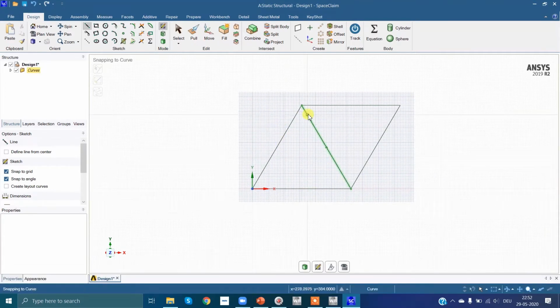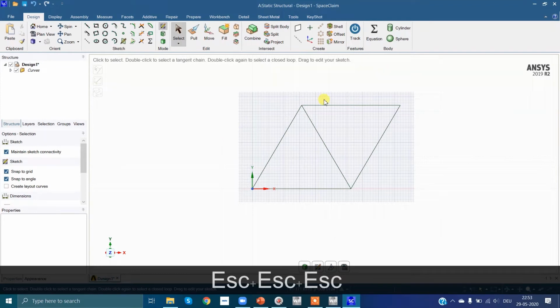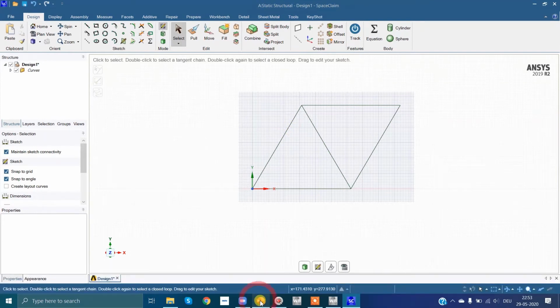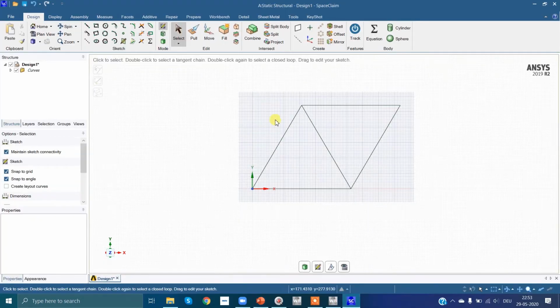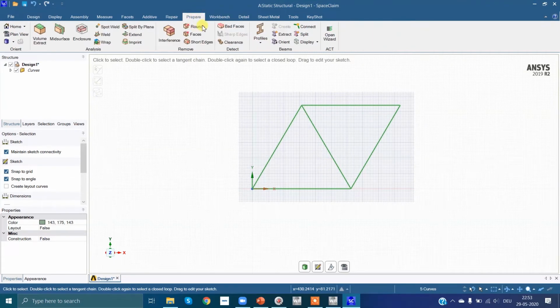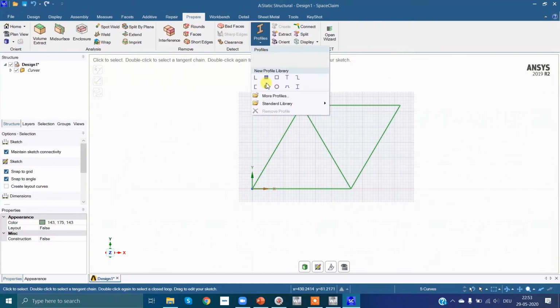Now we haven't assigned an area or profile to this linkage. To assign the area, we know that the area is 78.5 mm squared. So firstly, we will assign the area to this. For that, select all lines, then go to Prepare, then Profiles, then we will assign a circular profile.